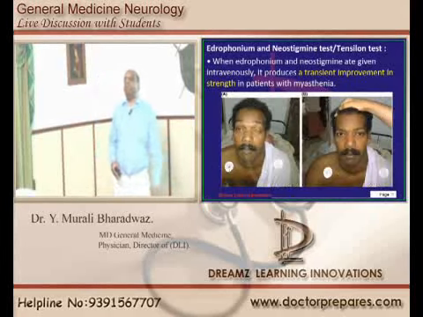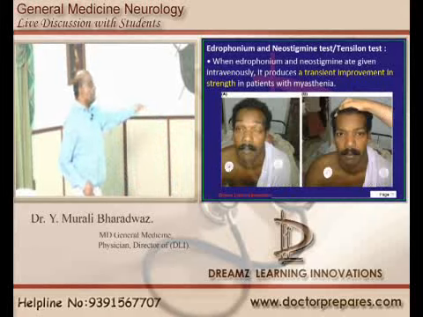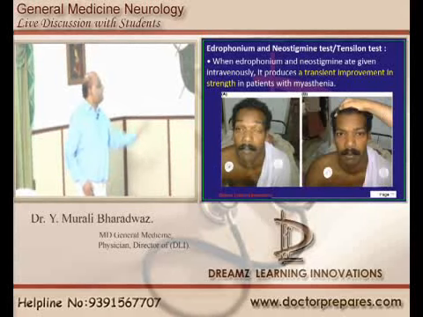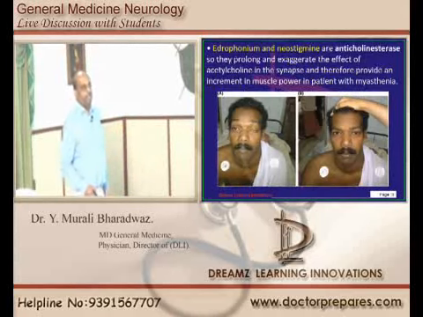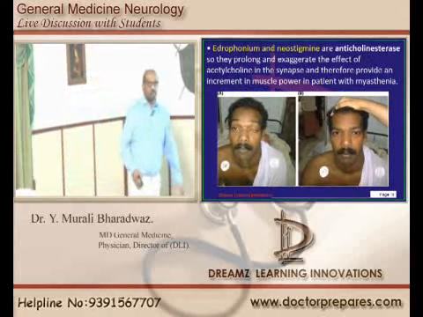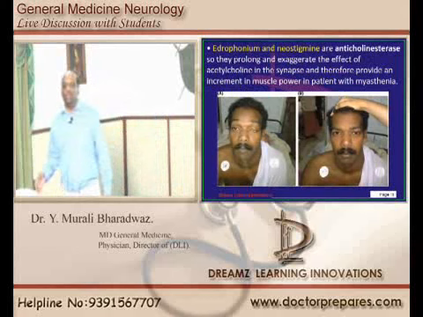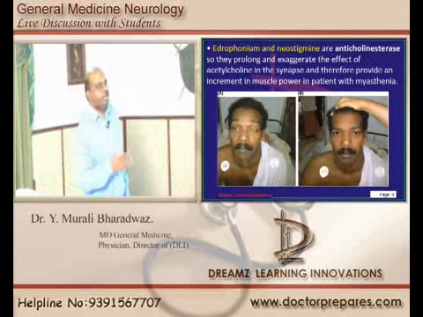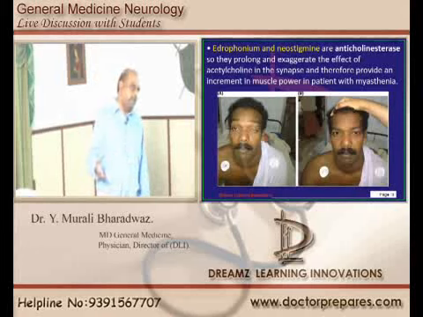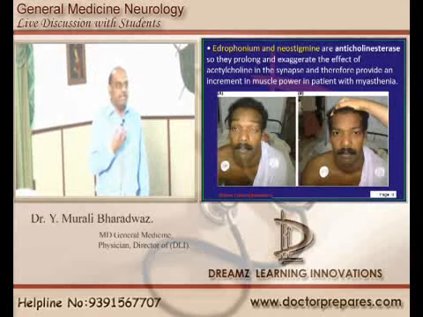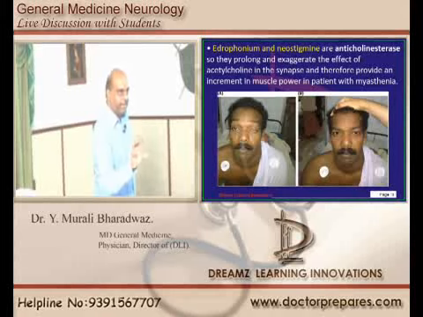Then comes the edrophonium test. Before edrophonium, there is ptosis, muscle weakness. After giving edrophonium and neostigmine, there is an improvement in the strength. What is edrophonium fundamentally doing, doctor? It is a cholinesterase inhibitor. If cholinesterase is inhibited, acetylcholine will not be degraded. If it is not degraded, the amount of acetylcholine in the synaptic cleft will increase. So even if the receptors are few, this increased acetylcholine will go in, bind with them and improve the muscle power, muscle strength. So that is the idea.